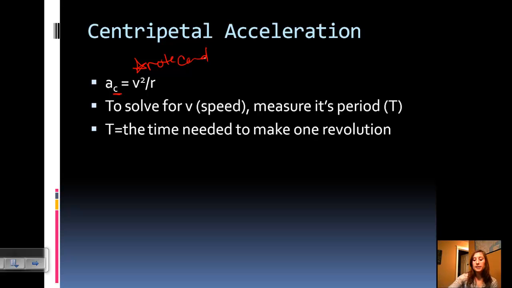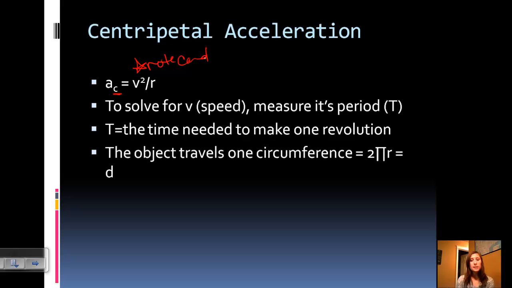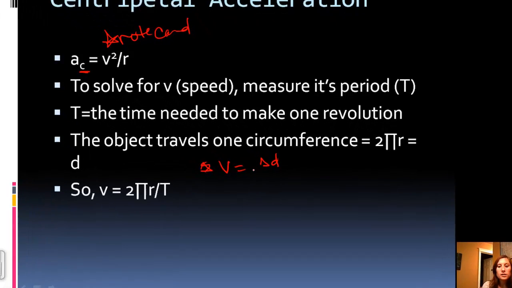So t is the time needed to make one revolution, and it's a capital T instead of a small t. So the object will travel one circumference of the circle in capital T, the period, and the circumference is 2 pi r, which is equal to the distance. So we know that velocity is equal to change in distance over